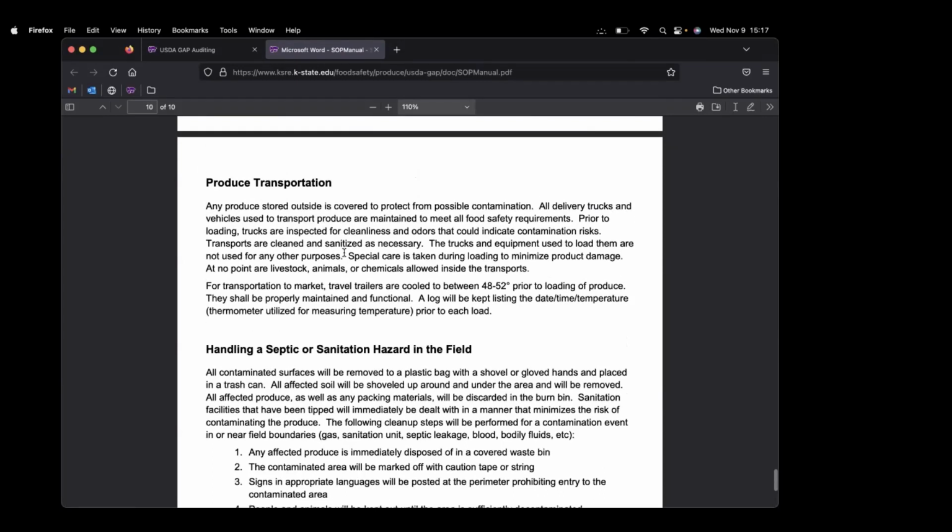Any questions on the document? Because like I said, remember, you have to customize it. You write what you're doing, not what you want to be doing. And then